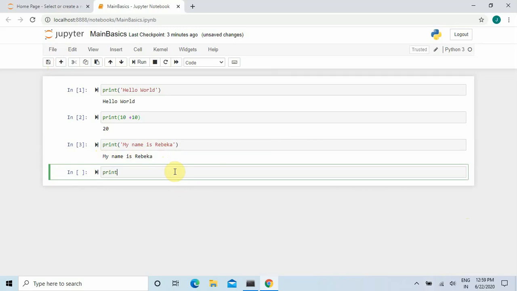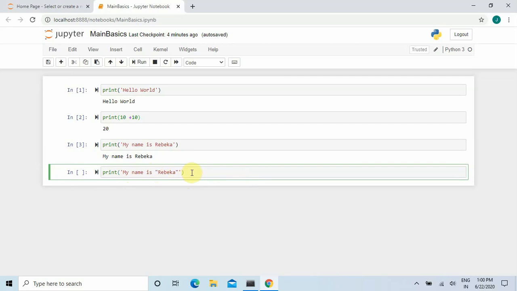Now print, my name is, and within double quotes I will write Rebecca. So this is the line that I want to print, my name is Rebecca, and I want to print Rebecca within these double quotes.